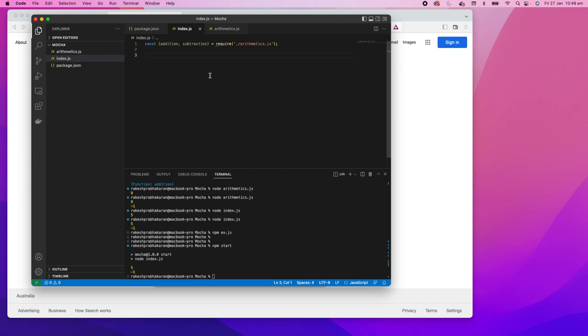Now to go and do the actual test, let this be here. So that is a functionality, right? If you want to really write the test, let's call it arithmetic test.js, and the same way we have an index.js, we will